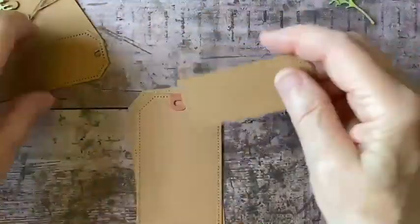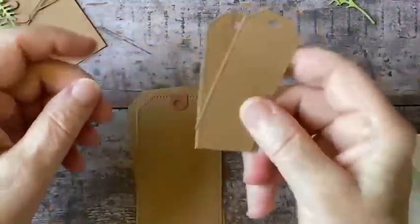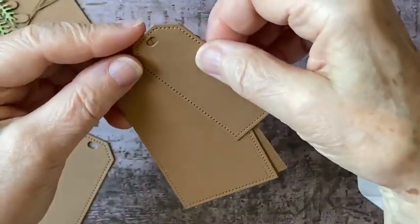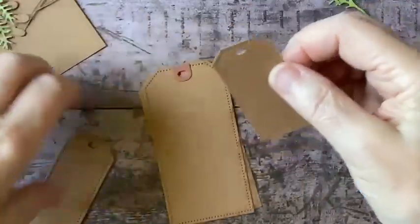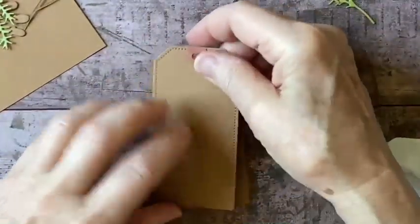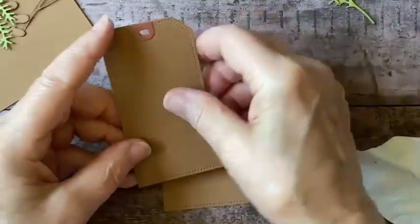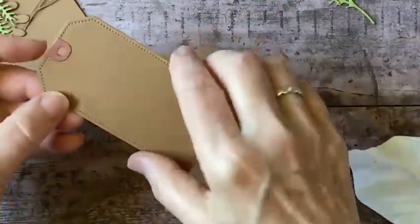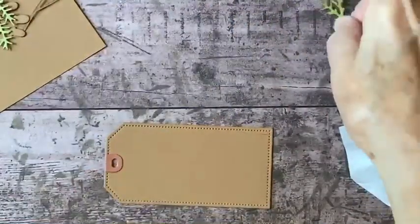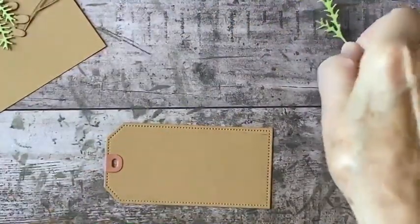I have some extra tags here, which I could use. You can also double up your tags to add a little message that way. That could be really cute. And I'm going to begin by layering up my foliage now. So I'm going to start with some of this very fine,